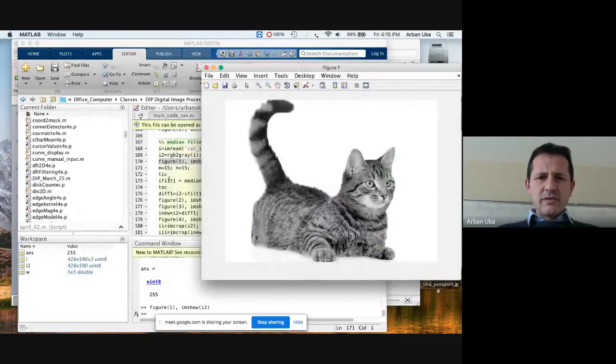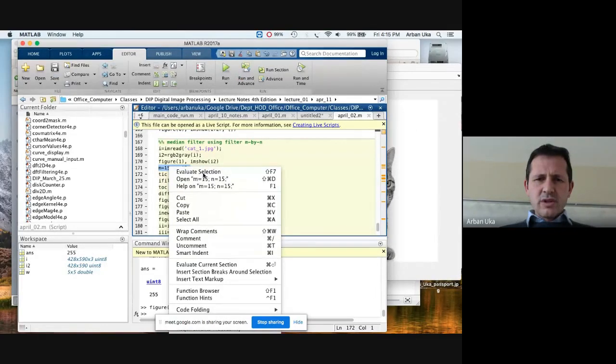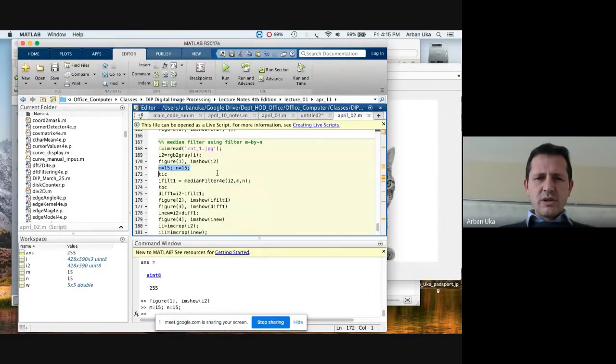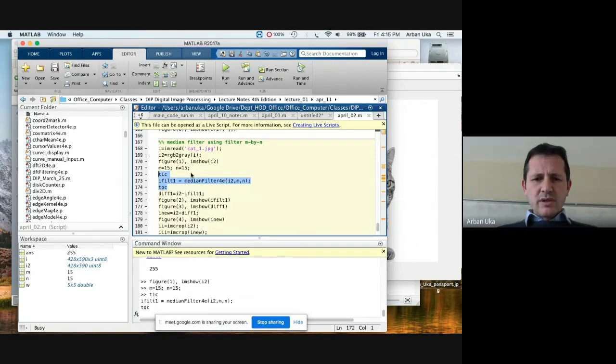Then we can determine two values, m and n, the filter size, and let's apply a median filter with the size m and n. Let's evaluate the selection, and as we run this,